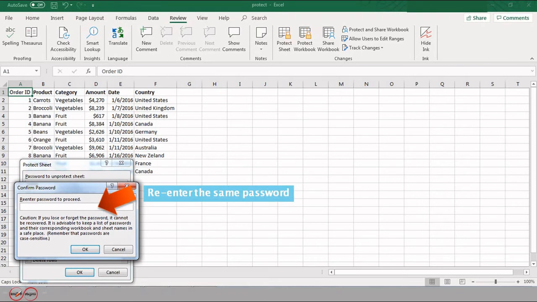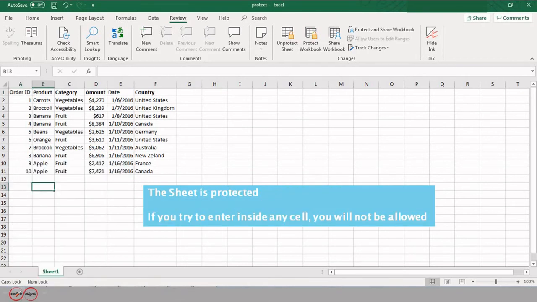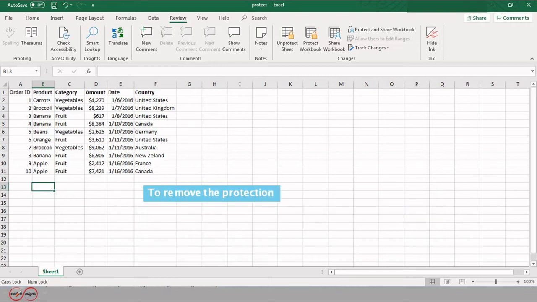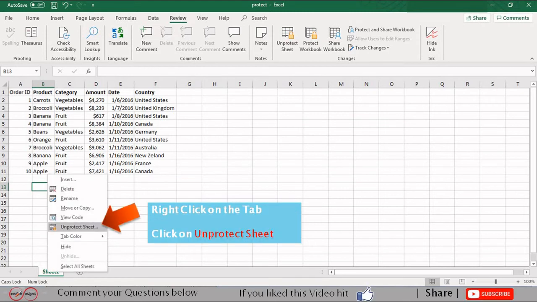It will ask to re-enter the same password. Now the sheet is protected. Now if you try to enter inside any cell, you will not be allowed. And to remove the same protection, right click on the tab, click on Unprotect Sheet.